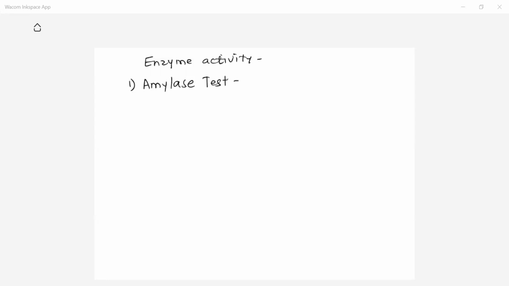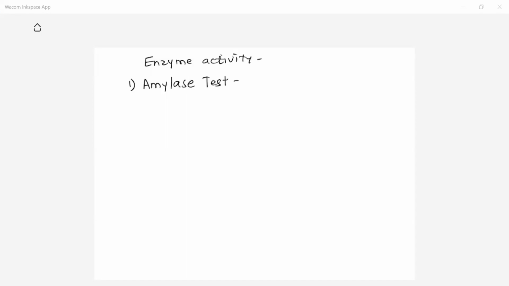Before that, the production of enzyme is a property of different types of organisms. Different enzymes are produced by different species of bacteria or microorganisms, and you can identify the organism depending upon the type of enzyme, or the different enzymes produced by that organism. So by checking the ability to produce different enzymes, one can identify the name of the organism.